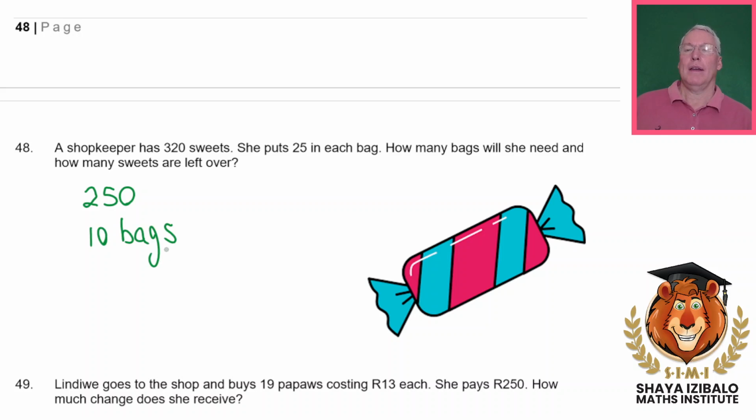How many more sweets has she got? She's got another 70 sweets left at this stage. So if she puts 25 sweets into another 2 bags, that would be 50 sweets. So if she had 12 bags,